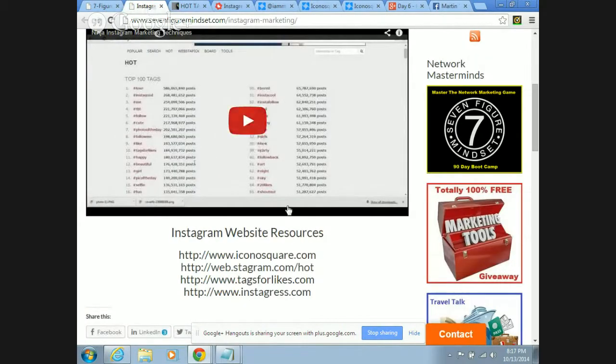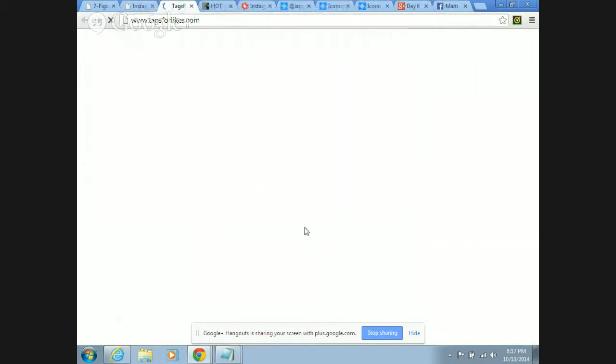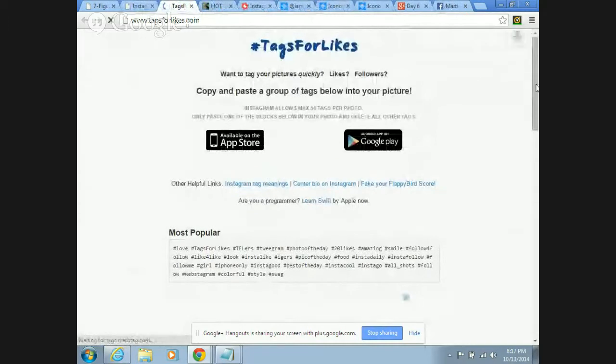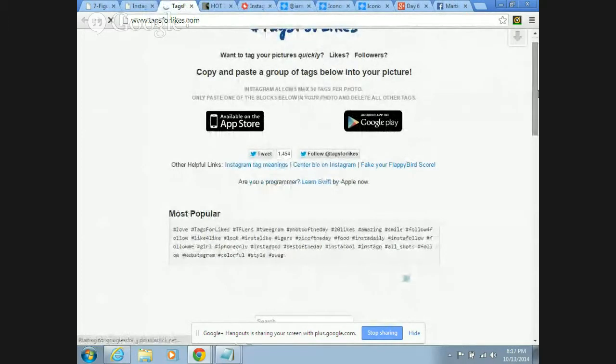So let's go and look at tagsforlike.com. This is actually a very powerful app that you can download to your phone. Just go to your smartphone and download Tags for Likes, and it will automatically attach tags to your pictures based on what's trending.